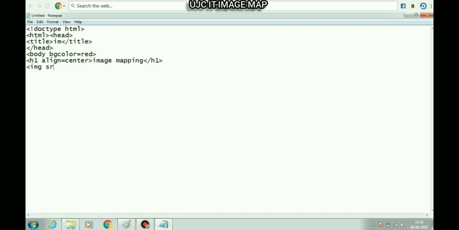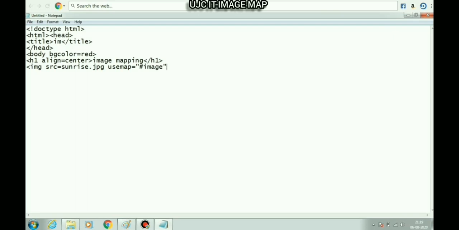Next, we will write the image tag. Here, src equals the name of the image file along with its extension. The next attribute is useMap. This specifies an image as an image map. It will create a relationship between the image tag and the map tag.